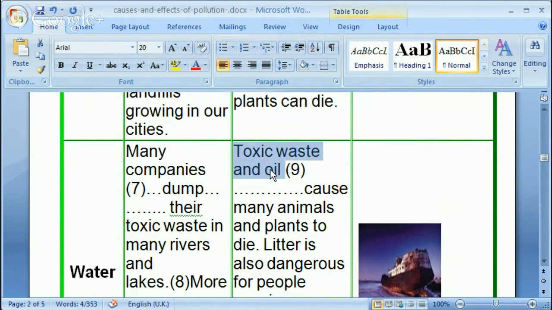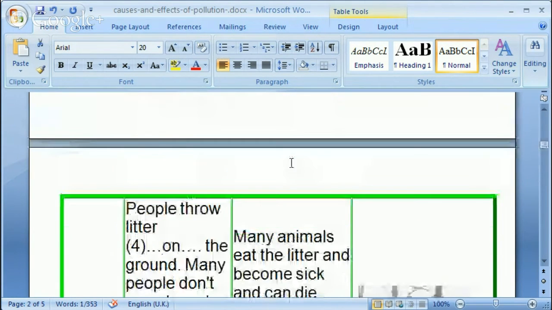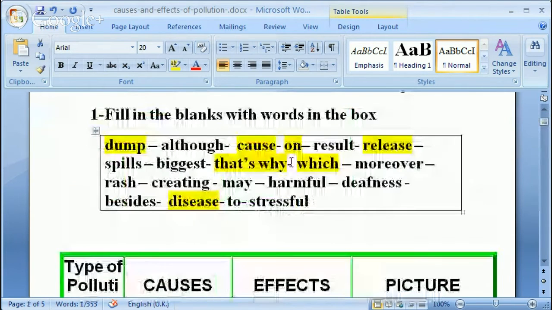Oil, just to keep it simple in my mind, I'm just going to remember oil something cause animals to die. Simplifying the sentence is often an easy way to do fill in the blanks. Oil, although cause, no. Although result, no. I need some kind of adverb or possibly some other,